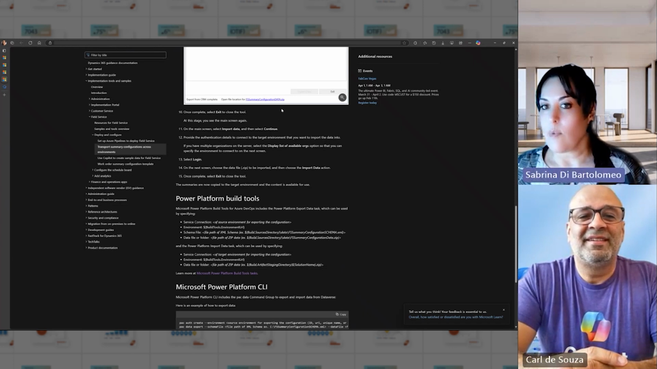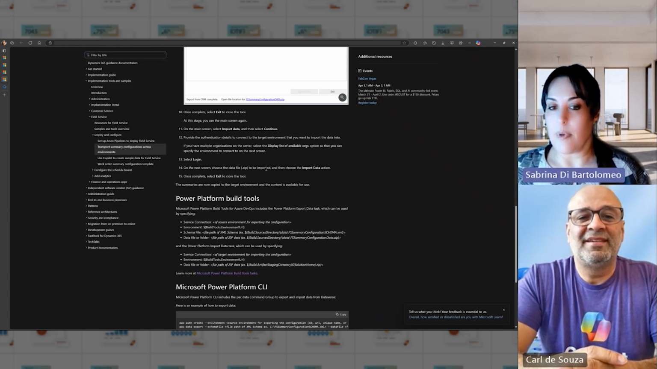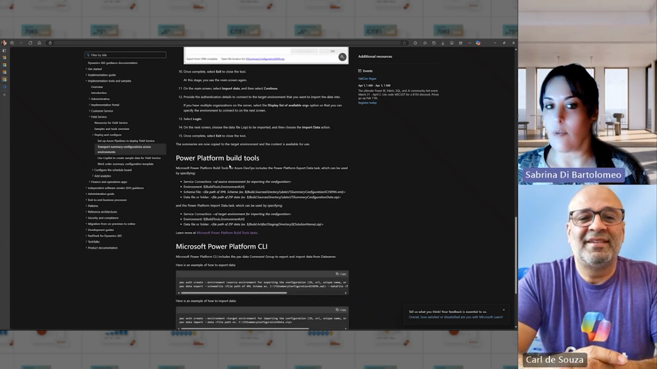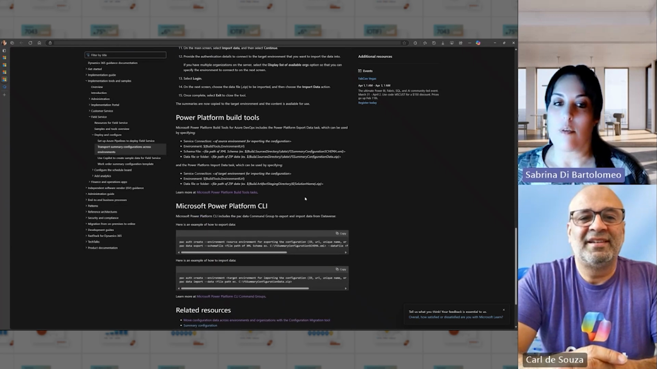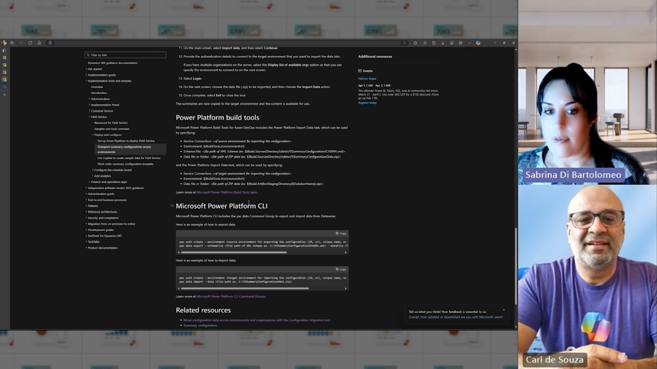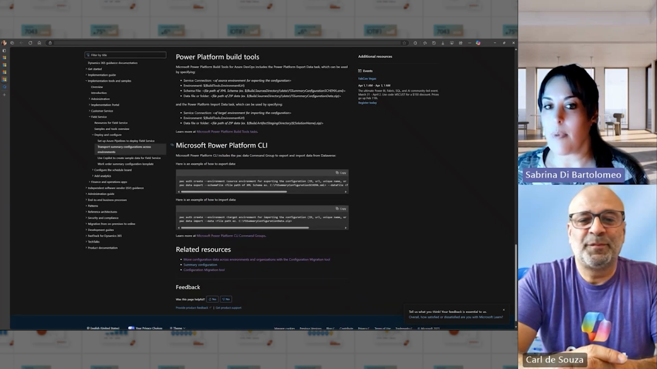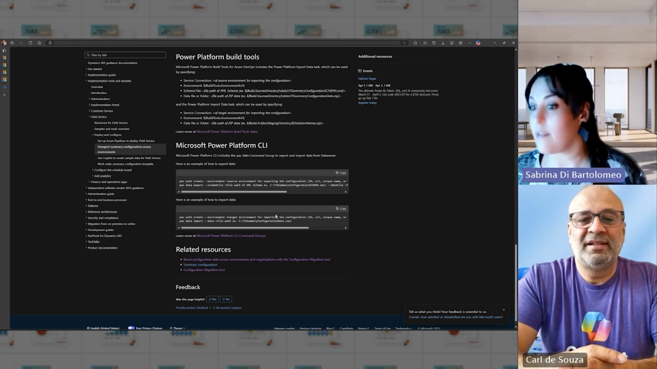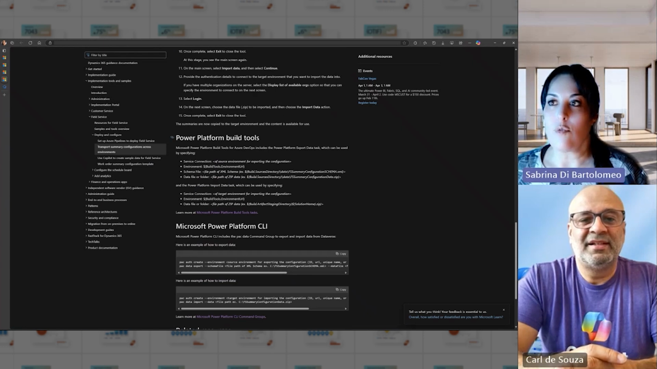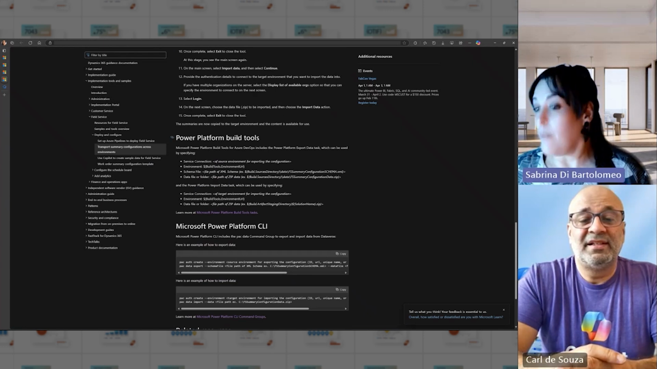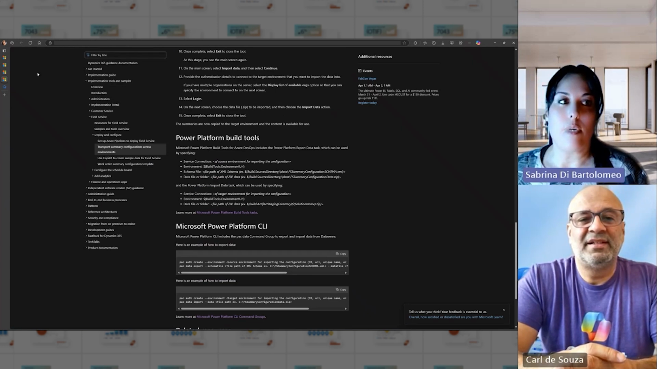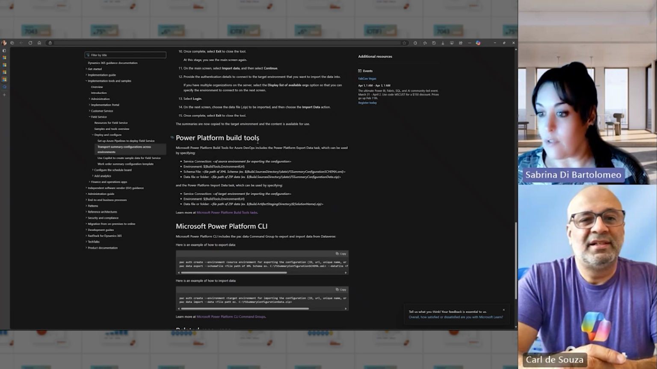Yes, this is the one-time export import, but you can also use the Power Platform build tools. You can also, as I show here at the bottom, use a Power Platform CLI. There are the instructions on how to do it with CLI. Who likes this tool? I also like it a lot. But if you want to embed it in a pipeline, you can do it with Power Platform build tools